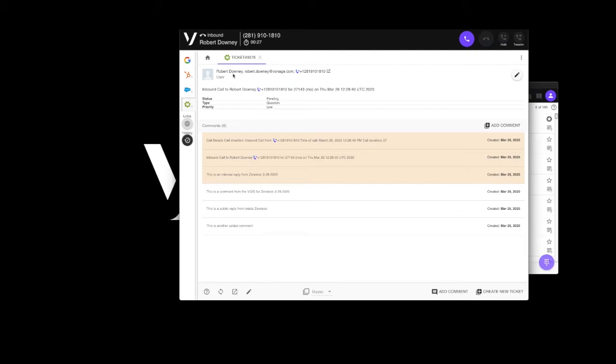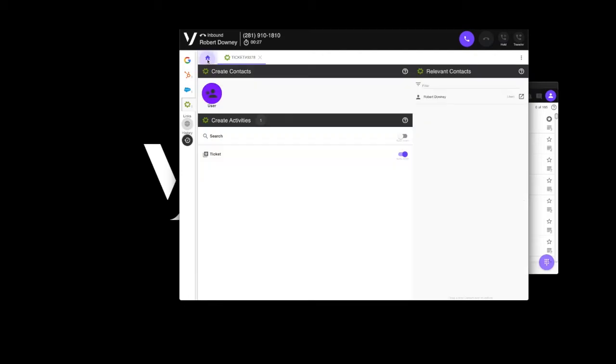Now, in a case where you might have multiple matches, you can click on this home button and it will show those multiple matches. This is effective if you have a situation where you have 5 users calling from the same company and they're presenting the same caller ID. I want to make sure that that is being logged to the appropriate user, so I can simply drag and drop their name into the ticket section, and that will allow me to go in and create a ticket based off of their information. And again, I can also add users from within this system at any time.